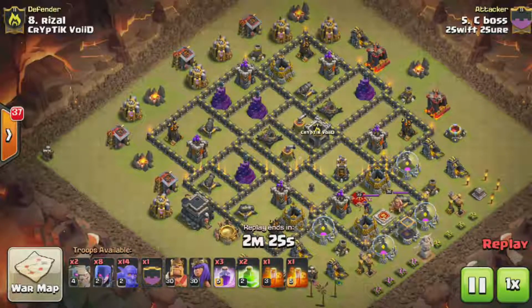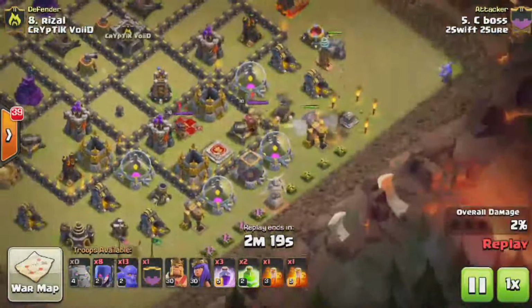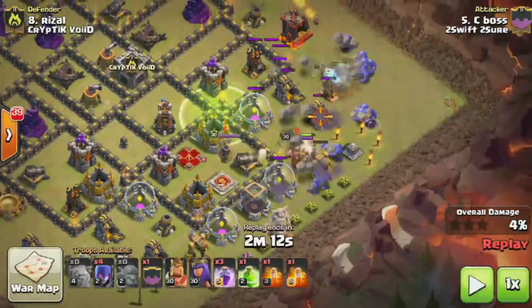So I'm just going to go ahead and play it here. He's going to drop his golems and his witches on the sides again. He's going to take out these builder huts immediately so he doesn't have to worry about them. He just drops in all of his bowlers. Now, one thing, okay,